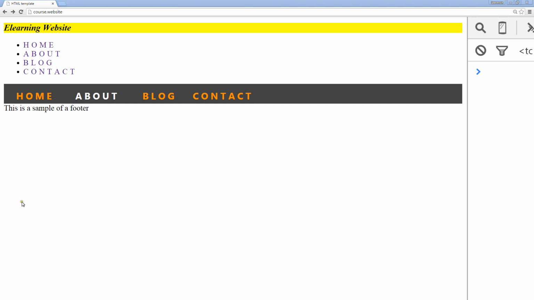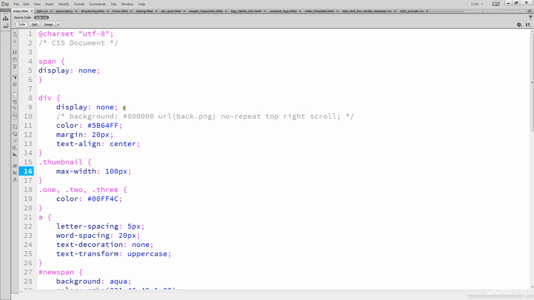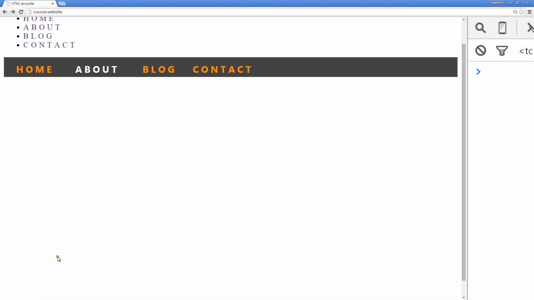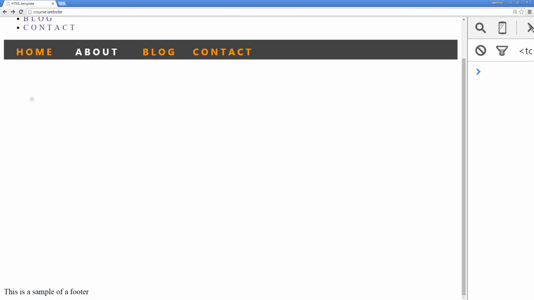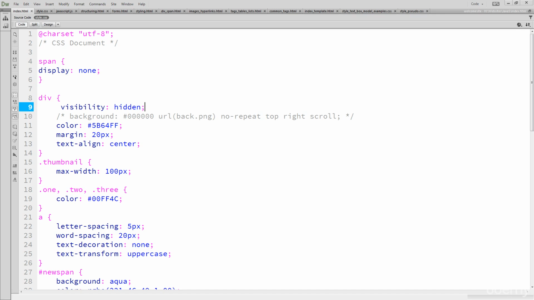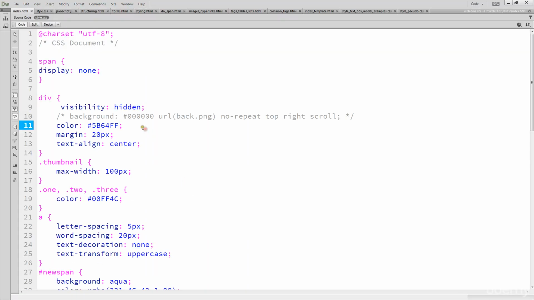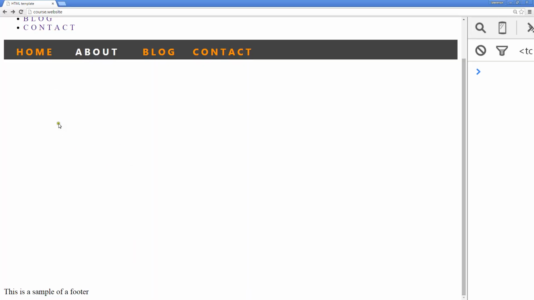Now you might be thinking, well, this is kind of similar to when we talk about display or visibility hidden. So there's a visibility hidden and visibility show. And the difference between display none and visibility is that even though still nothing is showing up here for the divs, that we don't see anything on the actual page, if you notice that the footer actually moved right to the bottom. And that's because visibility hidden still reserves that spacing, as opposed to display none,